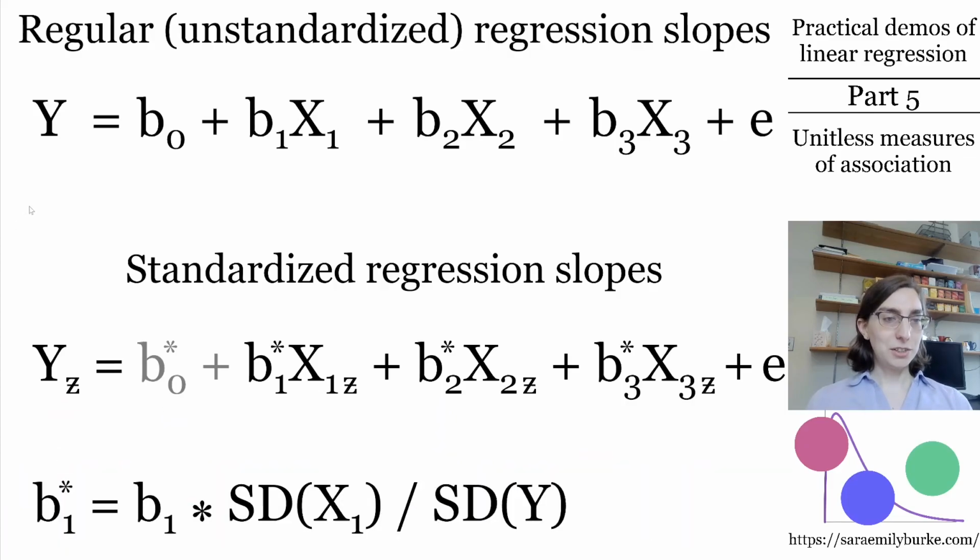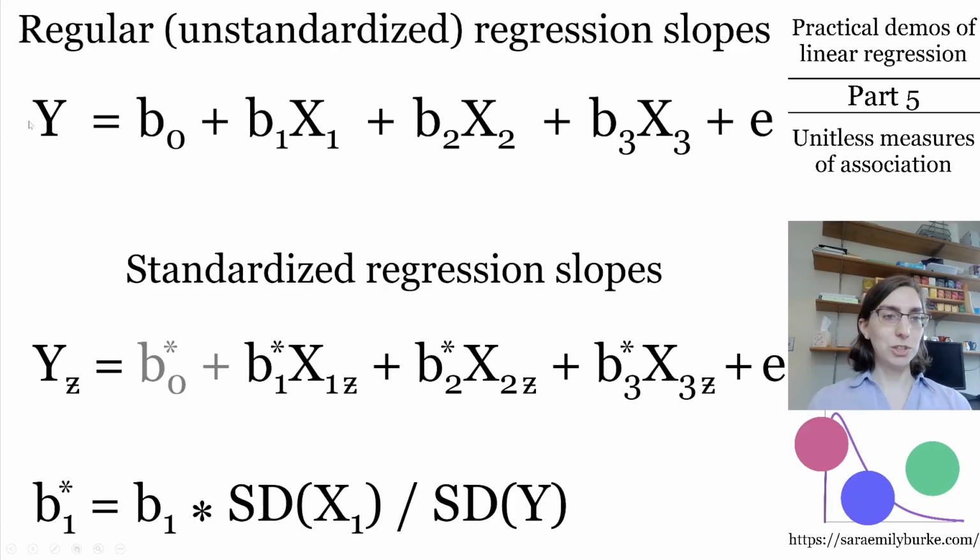Another way to get this kind of b star, this standardized slope, is by taking the unstandardized slope and rescaling it by the standard deviations of the relevant variables. So for example, if I have a model with 3 predictors here, and I have b star sub 1 that I got from redoing the least squares regression after z-scoring all of my predictors, that b star sub 1 would be exactly the same as if I took the original b1, the unstandardized slope from the regression model